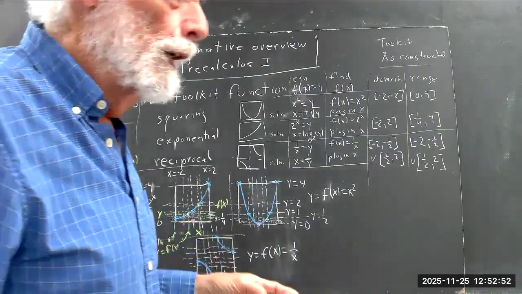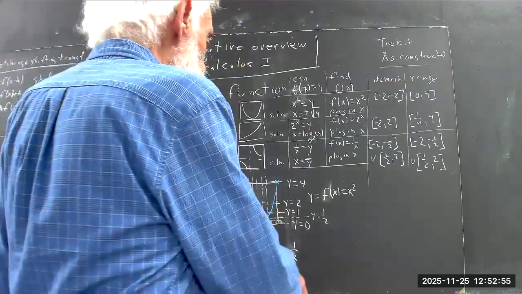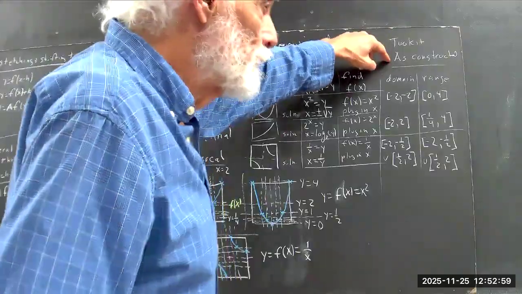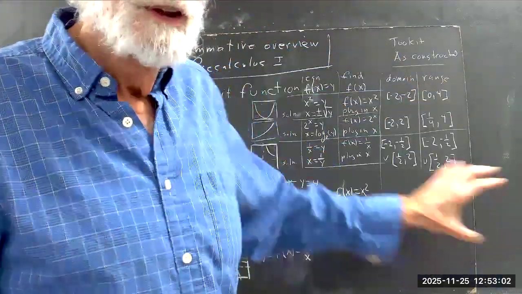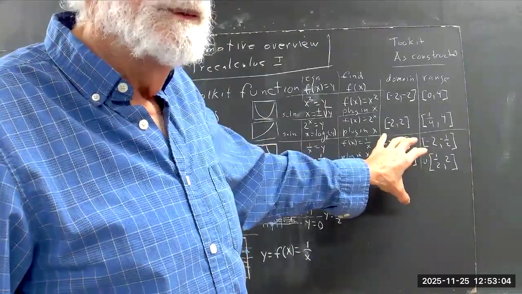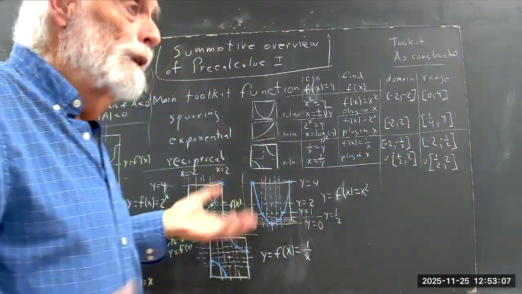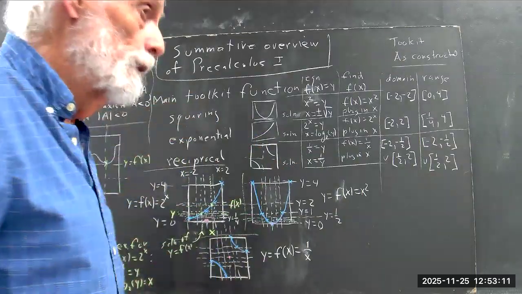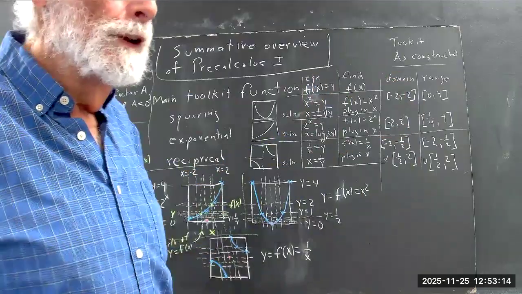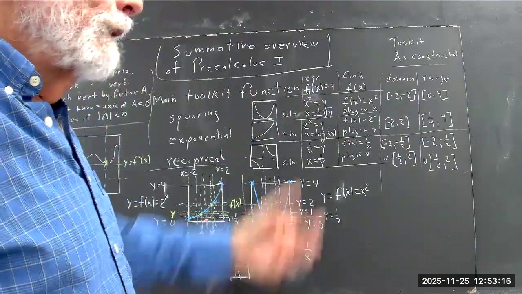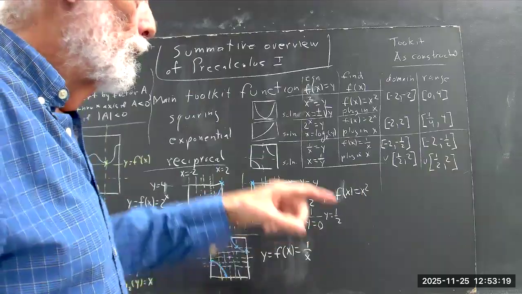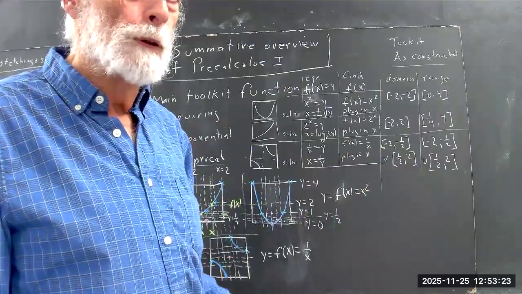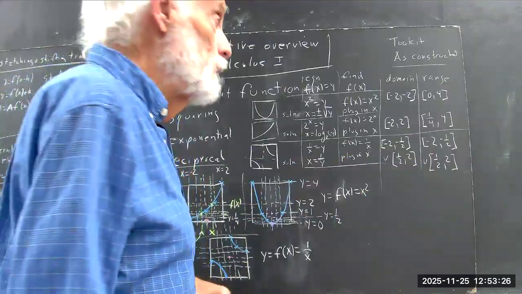Without a lot of comment, but something you need to be careful of, the domain and range of the toolkit functions as constructed in the 4x4 rectangles that we're using for these three functions. We would also use the same rectangle to do the reciprocal square function that we use for the squaring function. Cubing function gets a little bit different, and power functions, we need to understand those, but we'll talk about those a little bit later. We've talked about those pretty recently. People are kind of shaky with power functions. Okay, so we do want to